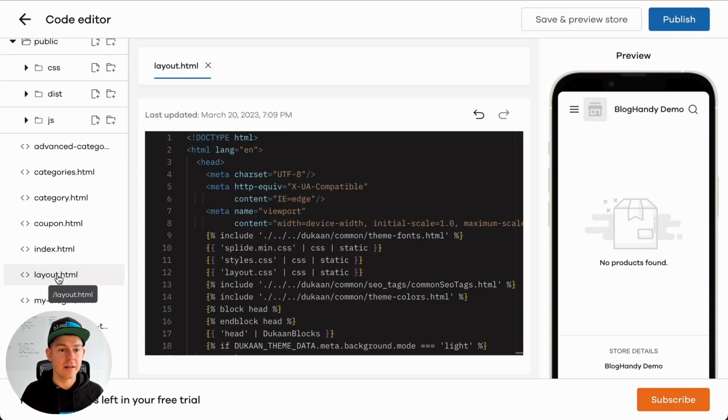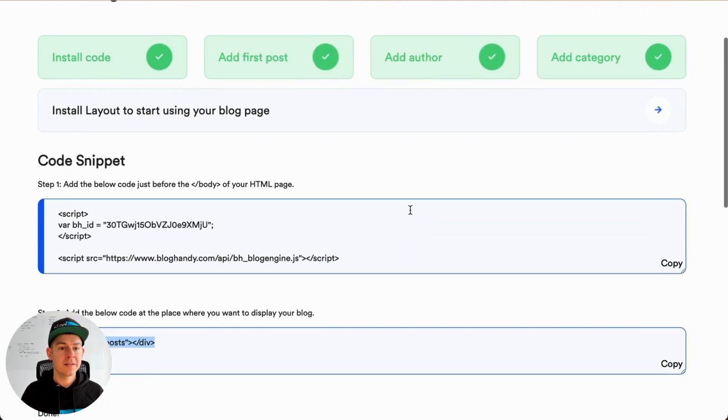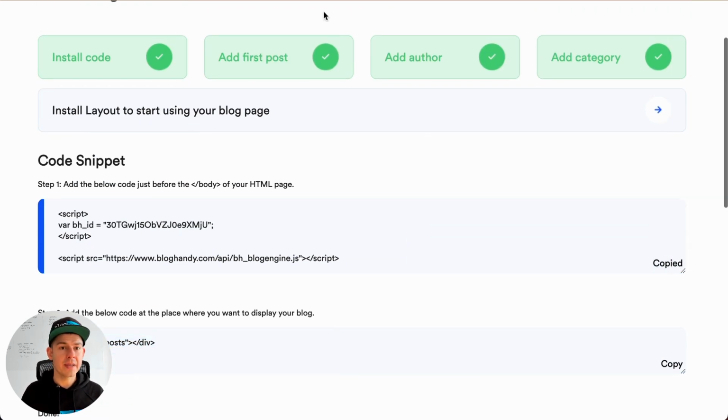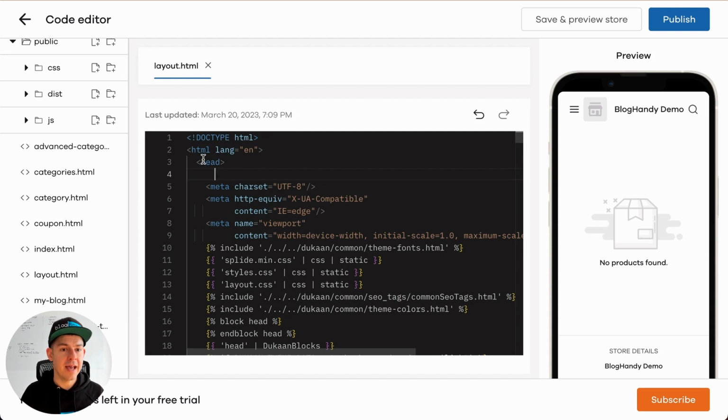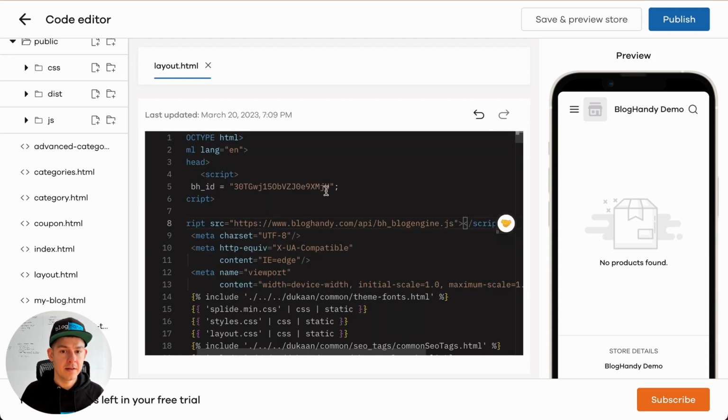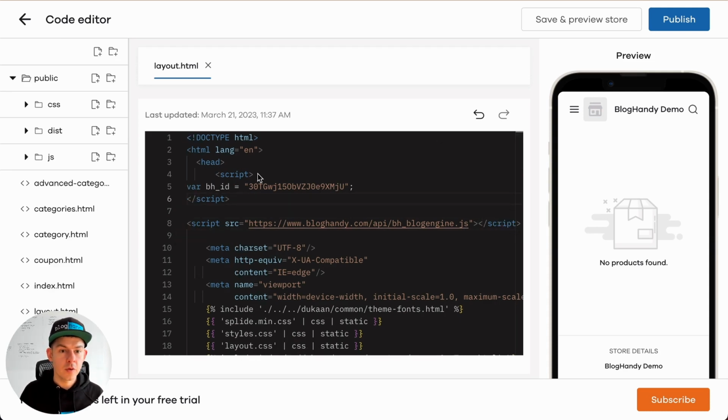layout.html. This is a file we're looking for, and then go back to BlogHandy, take the step 1 code, copy it, go back to Dukaan, and now paste it here just underneath the head. This should be in one of the first 5 lines. And you just paste it in here, and that's it. Okay, so we copy pasted our BlogHandy code here. You see it just underneath the head section, and let's click on save and preview store